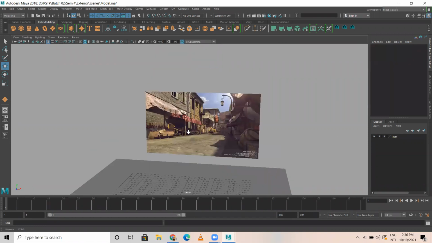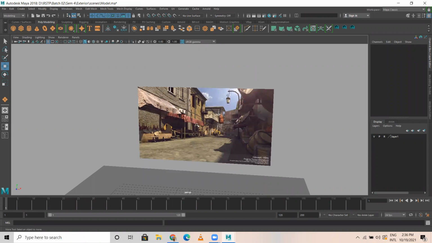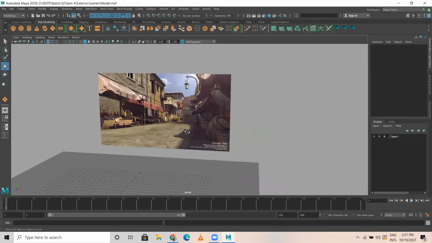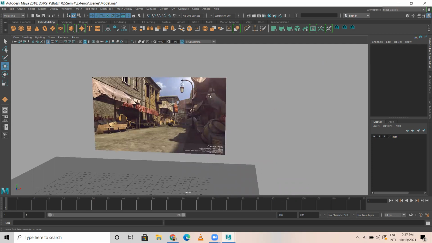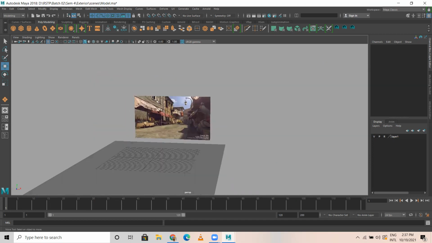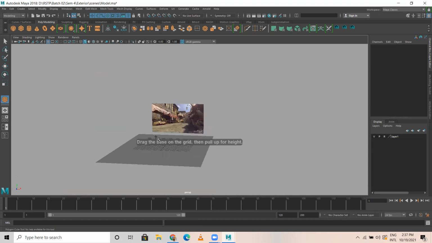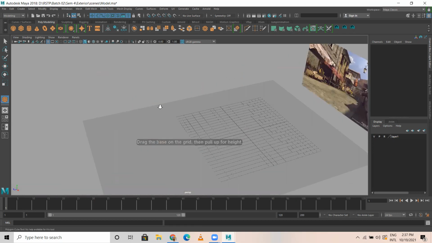Let me call these buildings here building 1, building 2, building 3, building 4, building 5, building 6, 7. On the right hand side, if you see, my main focus area is on these elements, like some storage boxes and barrels. Even if I want, I can render the other side as well, meaning my camera can be somewhere over here so that I can see buildings here. So let's create a few buildings. And if you create a few buildings, you can modify them later as well.